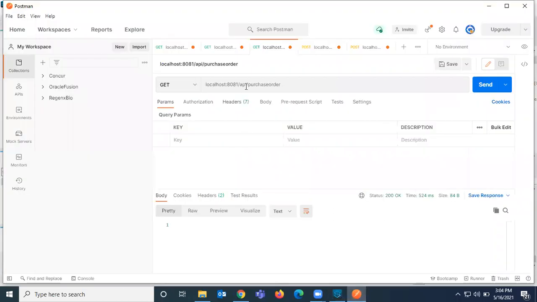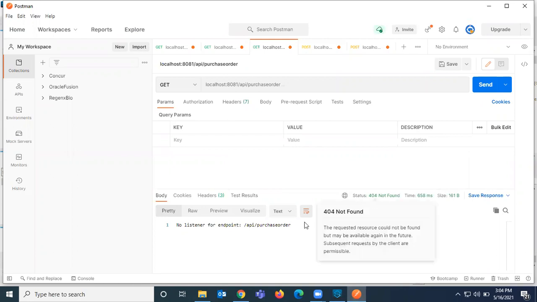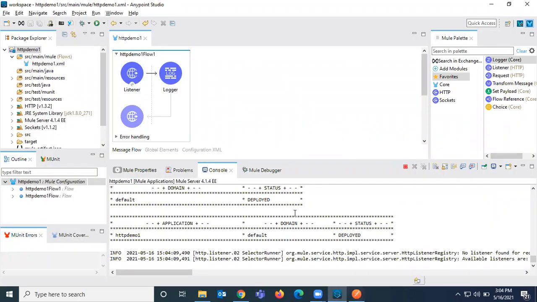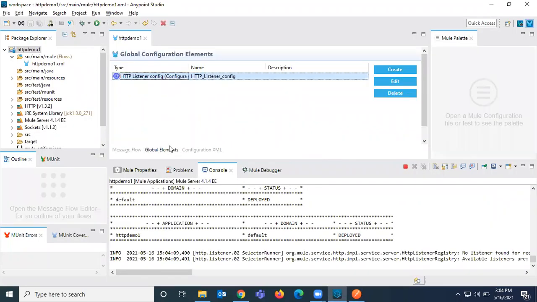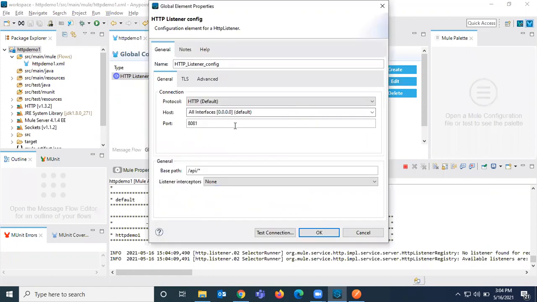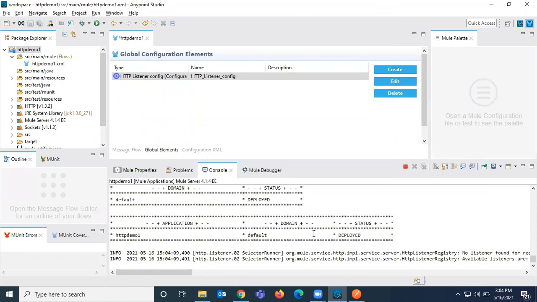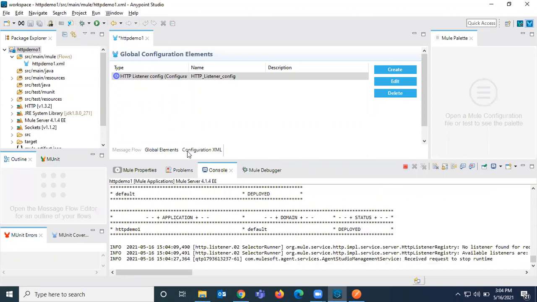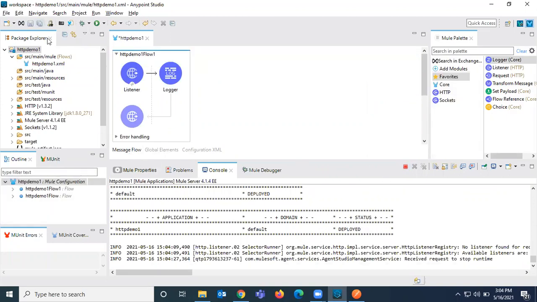Let me trigger purchase order here. See, 404 not found: a listener for this endpoint is not configured. So it means this is not working. The correct answer is /API/. Let us jump into the next question.